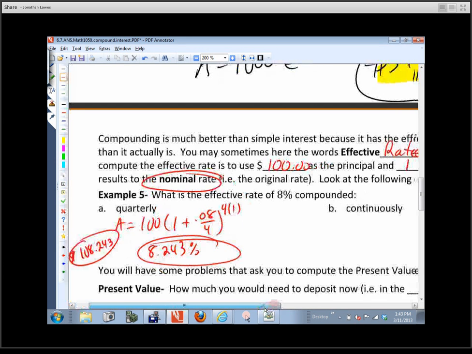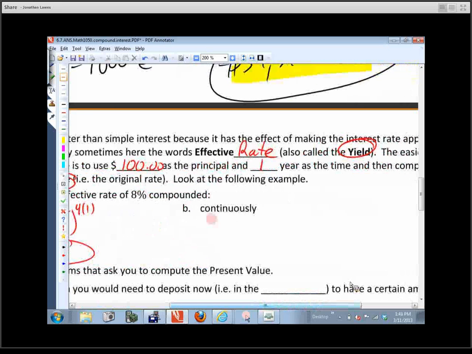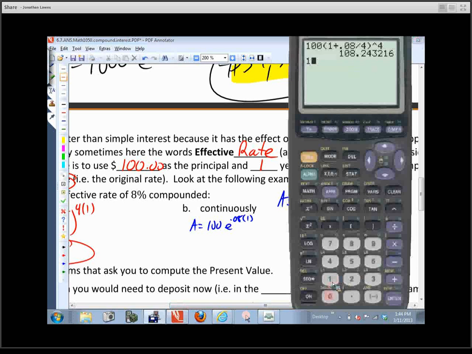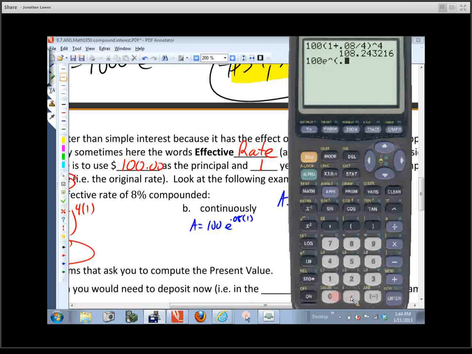Okay, that's compounded quarterly. What's the key word right here? Continuous. So we're going to use this formula: A equals P e to the RT. So on this problem, $100, e to the 0.08, how many years? Just 1 year. So on the calculator, we're going to type in 100. Grab the exponential base e, and we're going to type in 0.08. If you want to times it by 1, that's totally okay, but make sure everything that's in the exponent